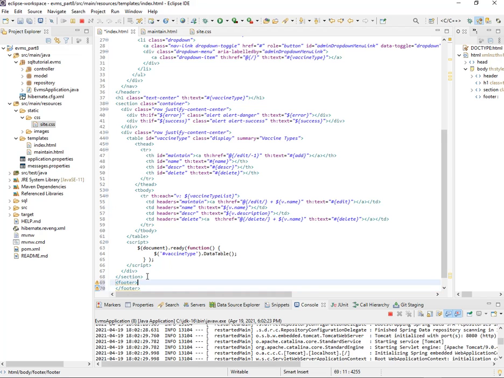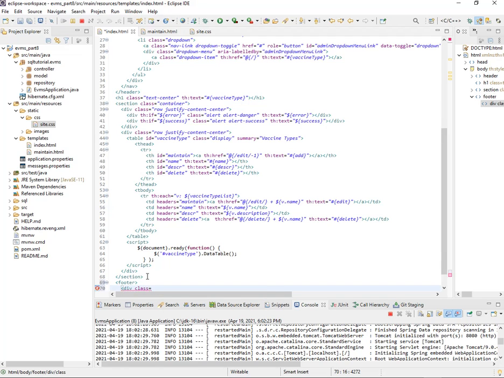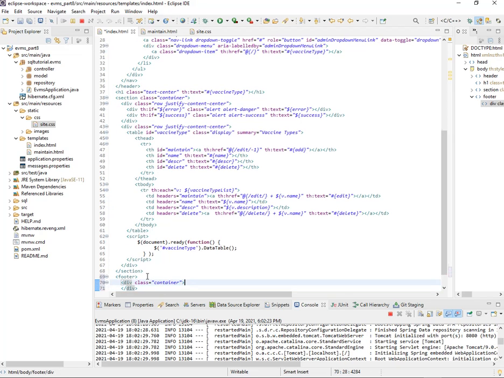That would be our footer, and then a div class, a little container, and in there all we want to do is show a paragraph, aligned to the center,